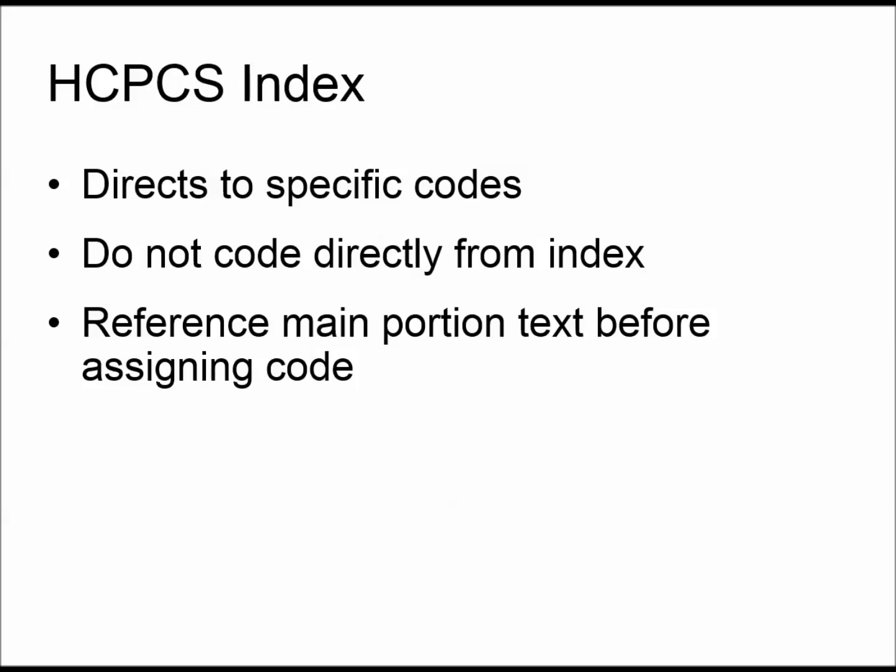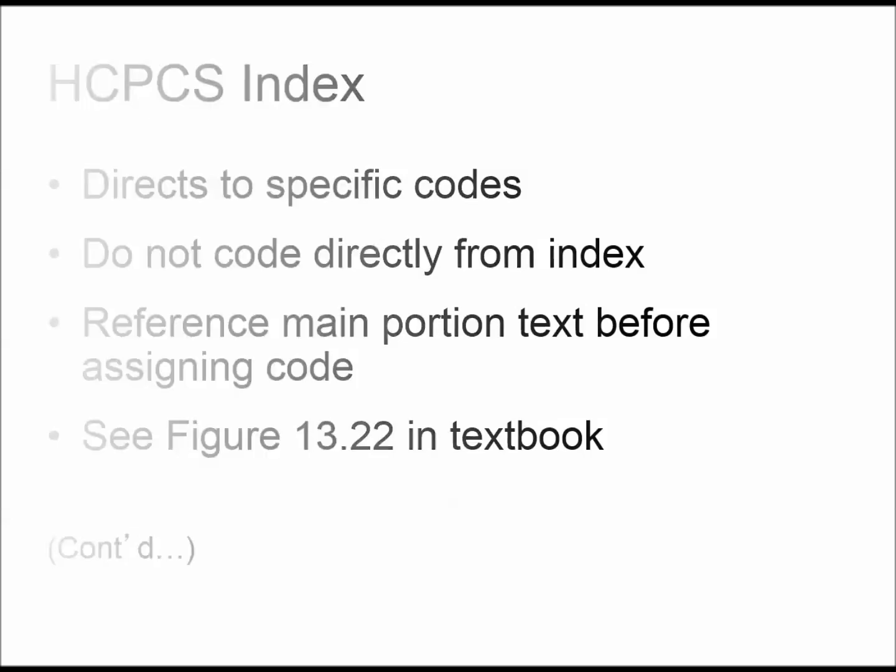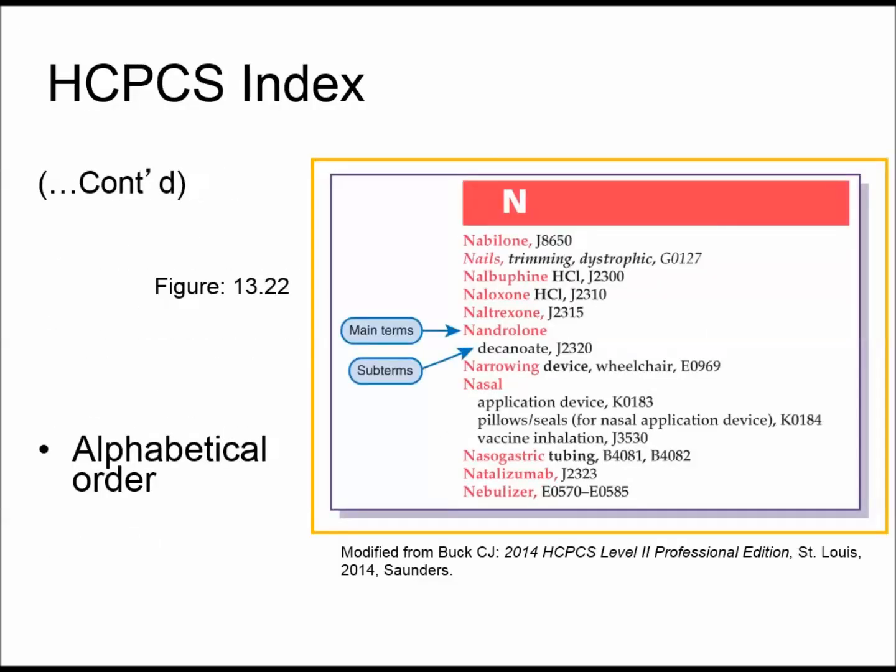The HCPCS index, which is at the beginning of the manual, and you each should have one because you are going to need to use it to look up HCPCS codes. You don't want to, again, code directly from the index. You're going to use the index and then go on into the body of the coding manual, your main portion text, before assigning the actual code. The main index terms are going to include tests, services, supplies, orthoses, medical equipment, drugs, therapies. Those would be some of your main terms that are actually used. Here's an example, figure 13.22, and as you can see, they are in alphabetical order, and they are in red in your